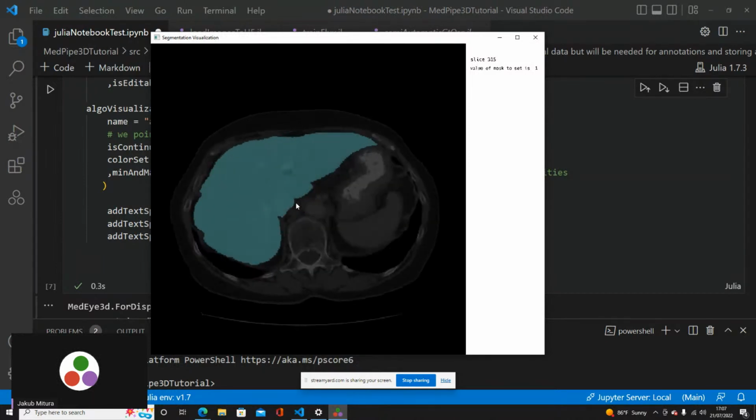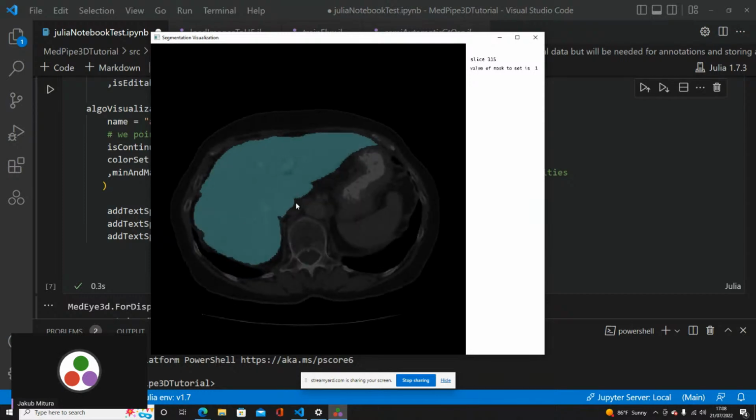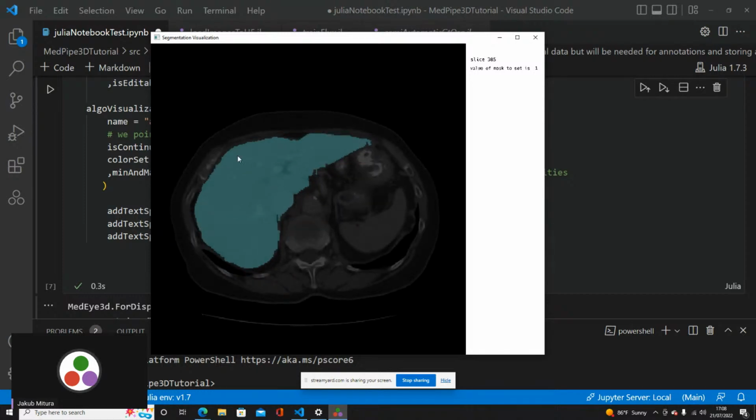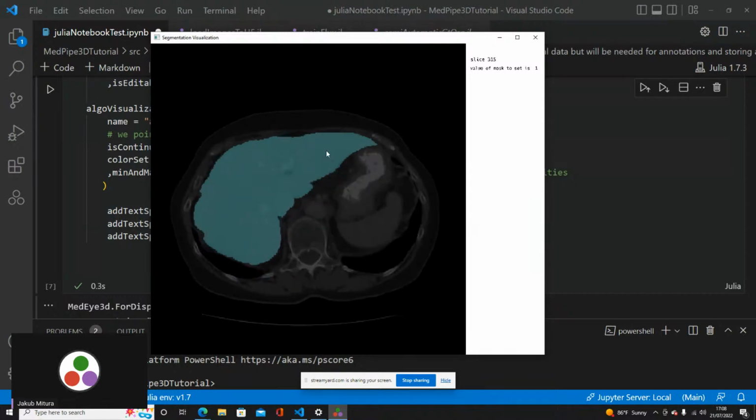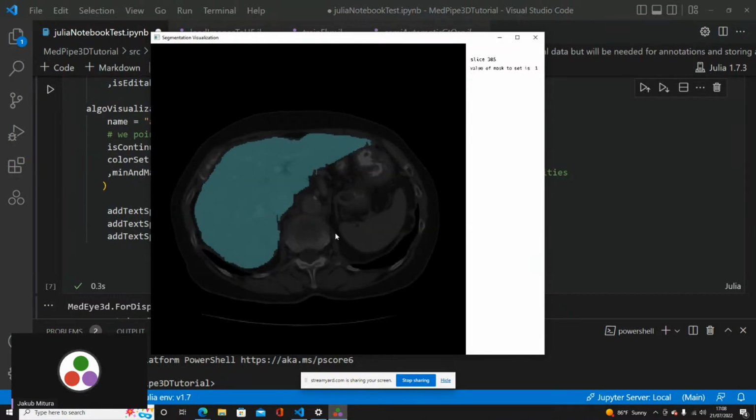What's also important, as I explained to you a moment ago, is that the visualization is layered. We have different layers on it. One layer is the CT scan. The other layer is the label. We also have two other layers, for the output of the algorithm and for the annotations.